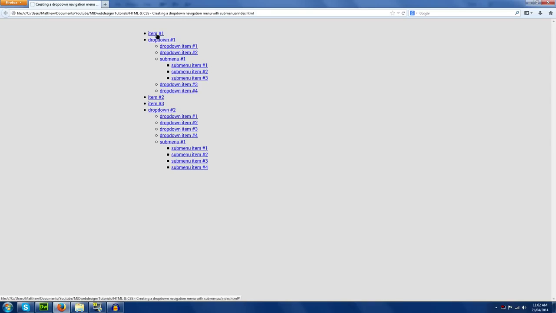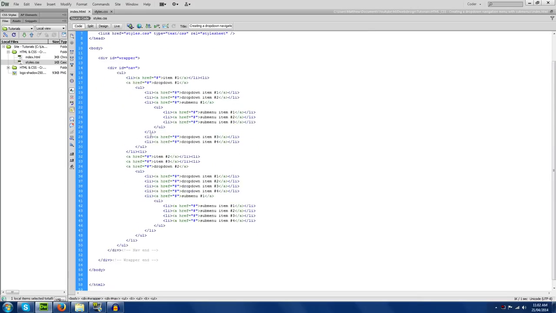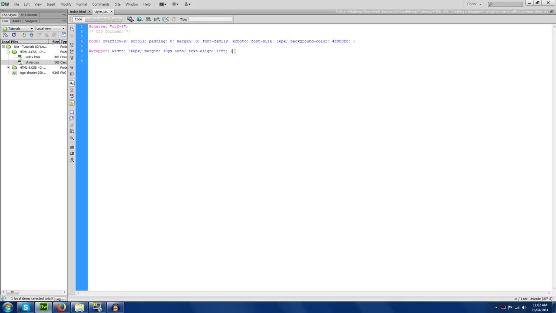So it does kind of show that it's working. It shows that the structure's working. Now we just have to style it. So that's pretty much all there is for the HTML. So we're going to go over to the CSS, and we're going to do nav